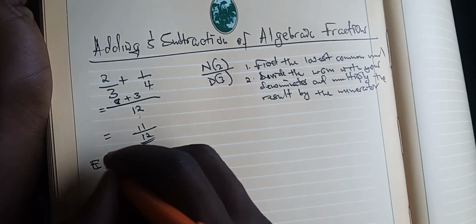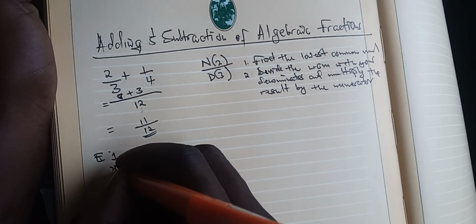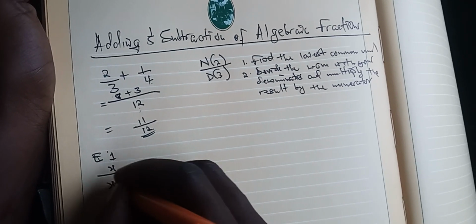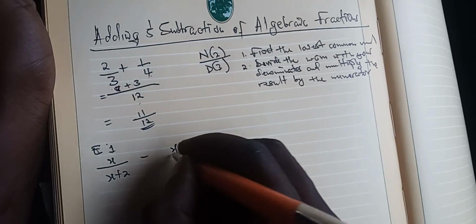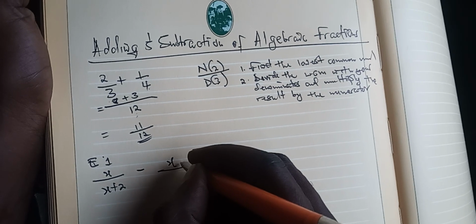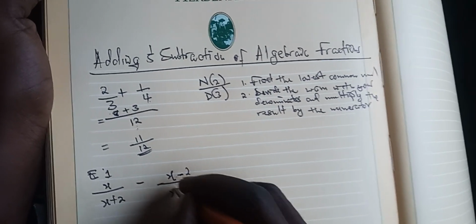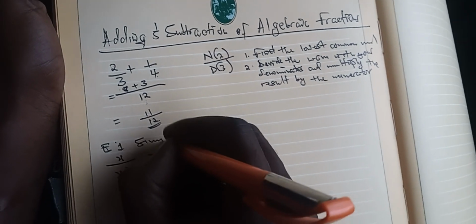So our example 1 on algebraic fraction today is x over x plus 2 minus x minus 2 over x minus 3. So we want to simplify